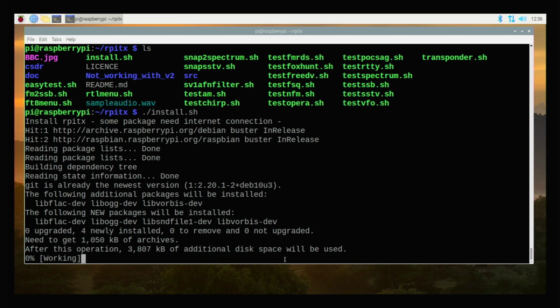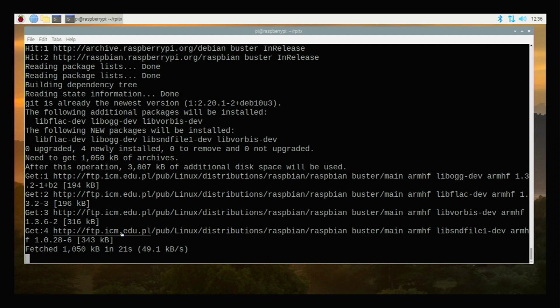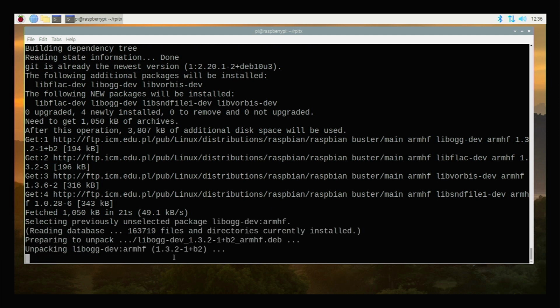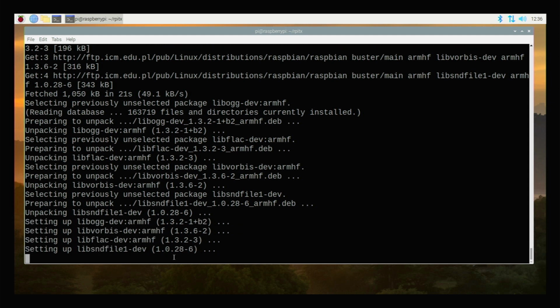As you can see, it was lacking some libraries. It already downloaded them. And if it has everything in place, then it will try to compile the source code. So we need to be patient here and wait until it completes.